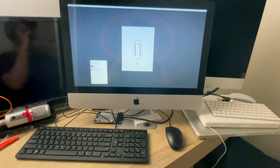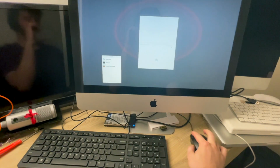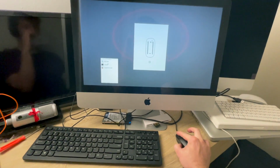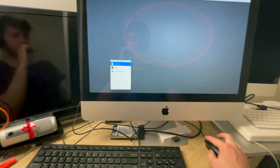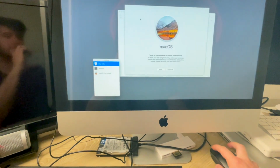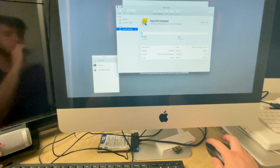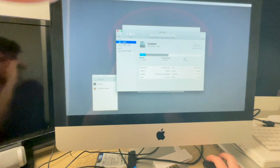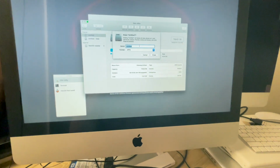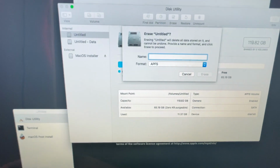Well, for those of you curious, the mouse and keyboard were not working on the secondary boot either, so I have now plugged in a regular mouse and regular keyboard, which, whatever. Let's go to Disk Utility in the Utilities folder here. Back. Okay, so this drive is the one we will want to erase. I'm gonna set my, actually wait, I don't have to set it down. So we're gonna name that